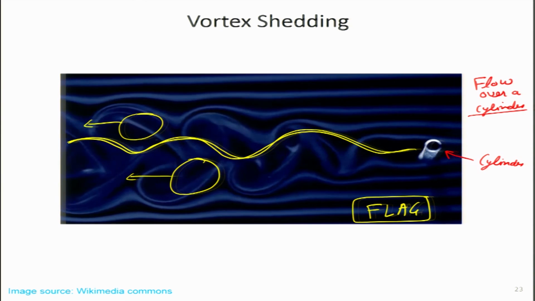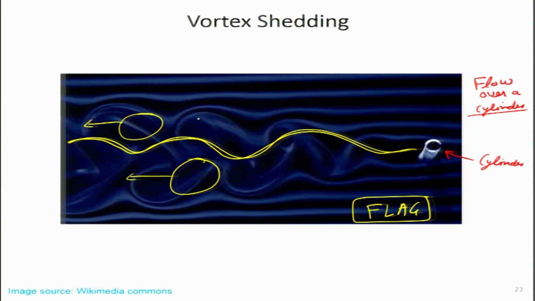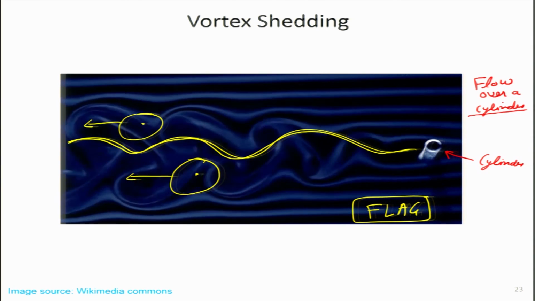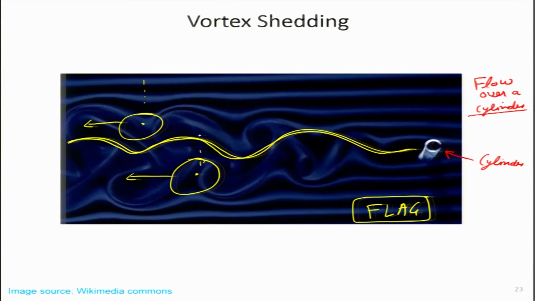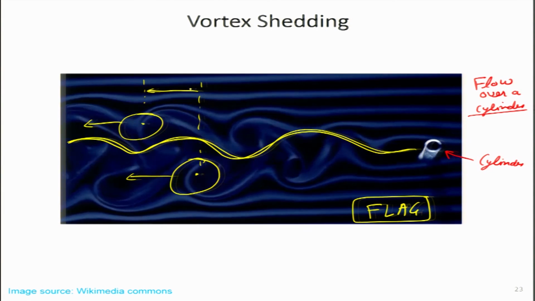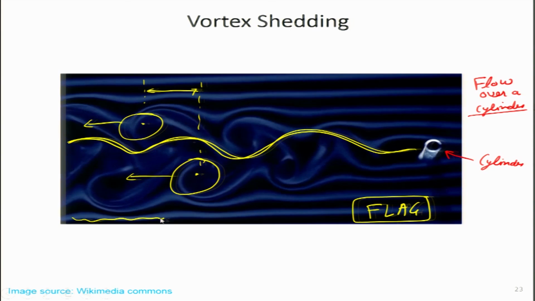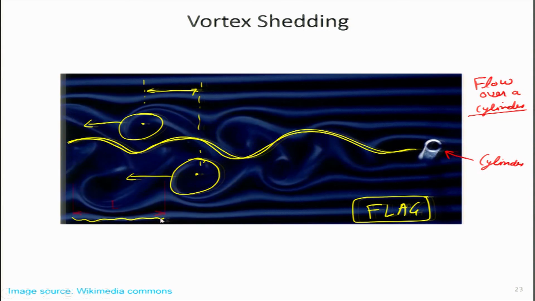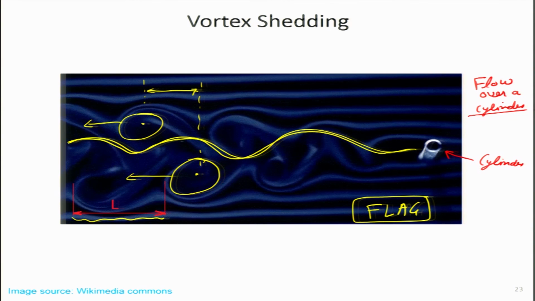On the top side it is a little bit left. So what I am saying over here is that this center and this center are kind of skewed a little bit. So there is this distance which I think this animation is showing with the L over here. It is trying to show the distance between subsequent vortices, and because of this effect the flag is going up and down because of the presence of the cylinder, and that cylinder is the flagpole. So in front of the flag there is a big flagpole. So vortices are being shed on both sides of the flagpole.